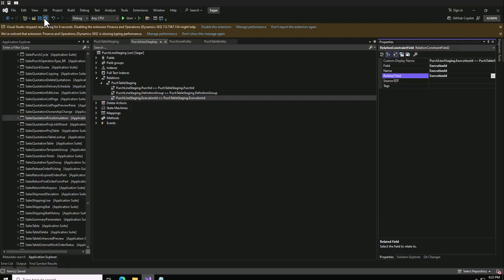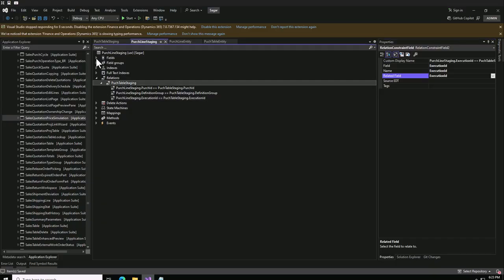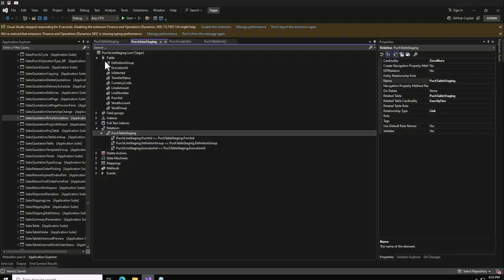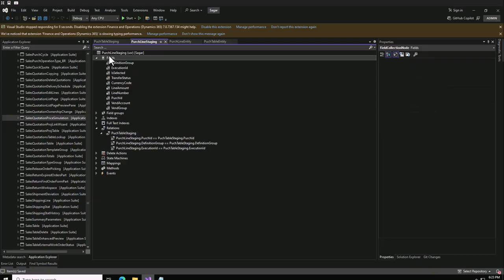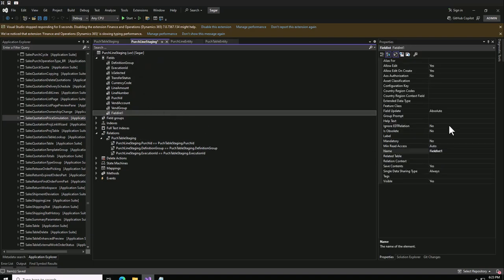Alright, so we are done with this as well. So we have created this relation. And now the interesting thing here is we need to add two more fields as well. So the two fields that we really need to add are a row ID and a parent row ID. So what I will do, I will simply click here, and these two fields should be of type integer. So we need to select integer here. So I will name this row ID,